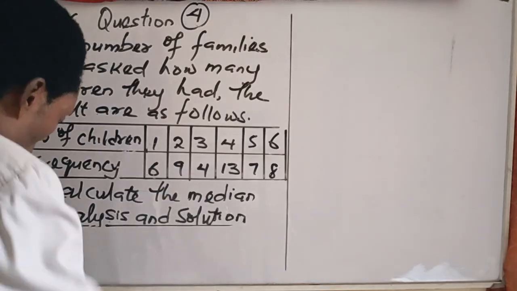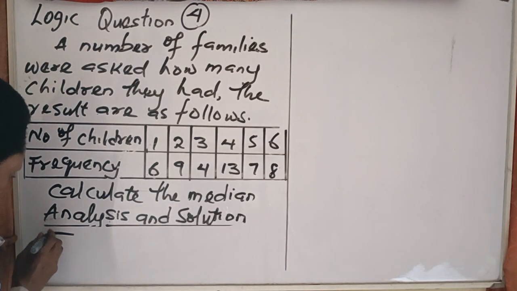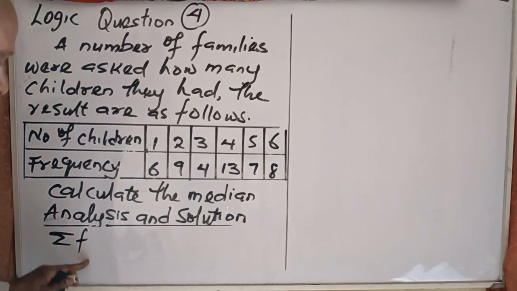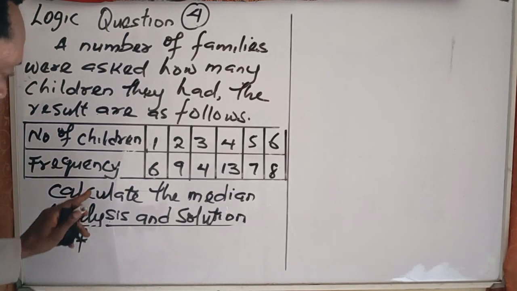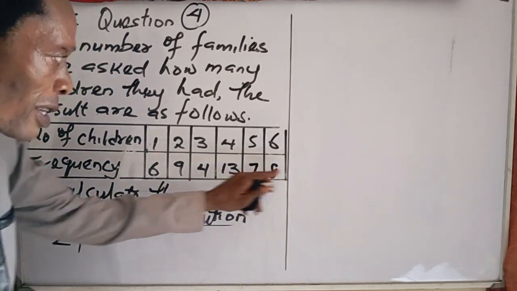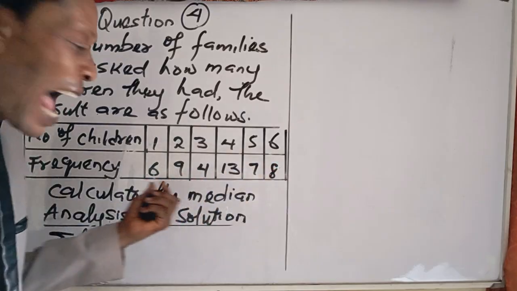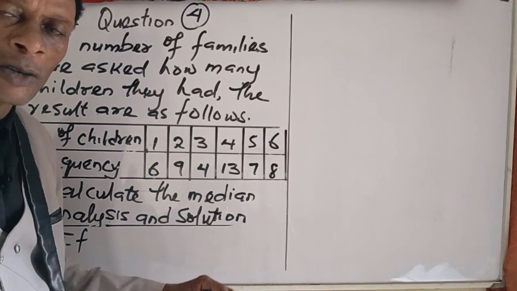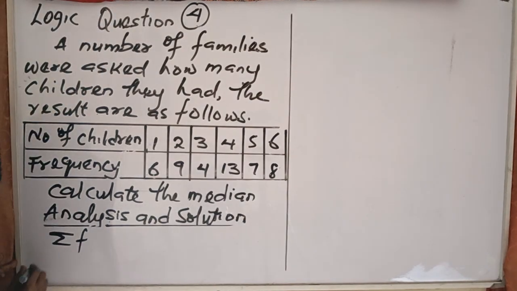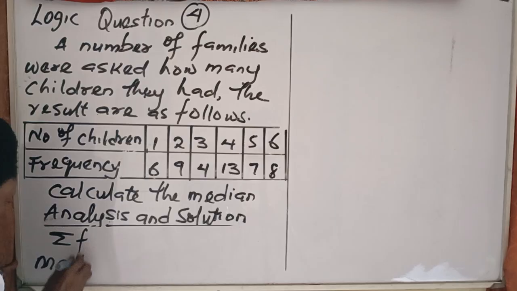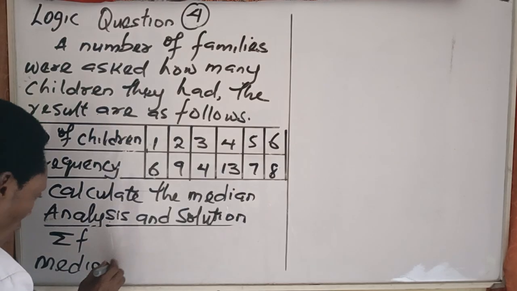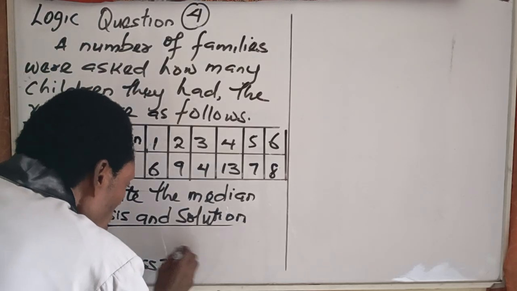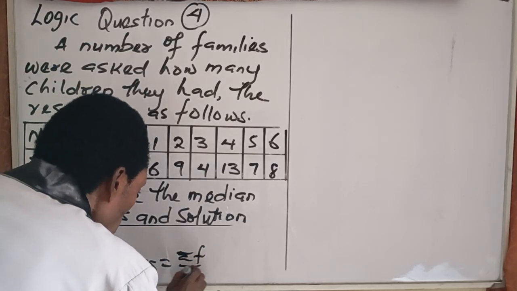First of all, take note of sigma f, that is the sum of the frequency. That is the first thing: you add all the frequencies together. Then the next step is the median class. What is the median class? The median class is sigma f all over 2,